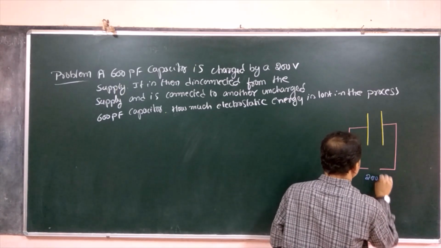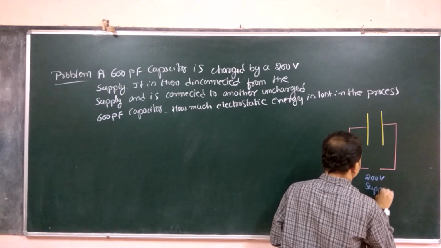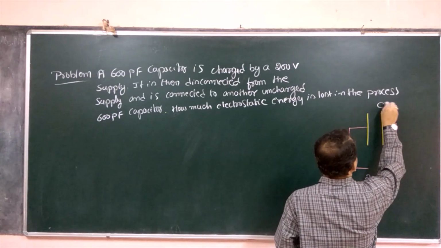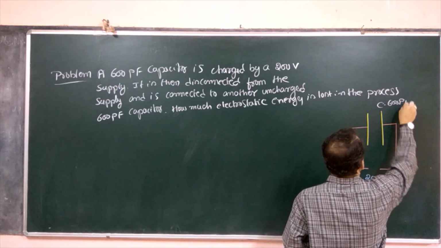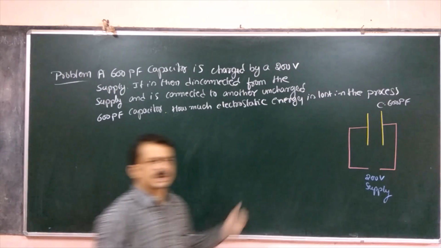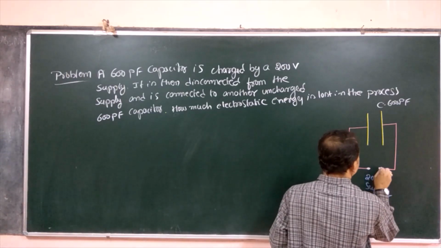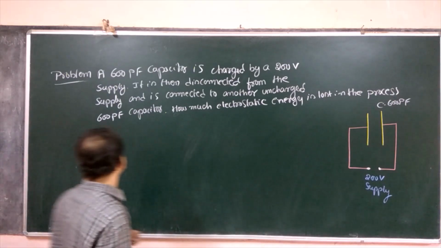Supply of 200 volt supply. So it is 600, capacitance of 600 picofarad. We have charged it. Now what is the energy stored? Let us calculate how much energy is initially stored. So, solution,